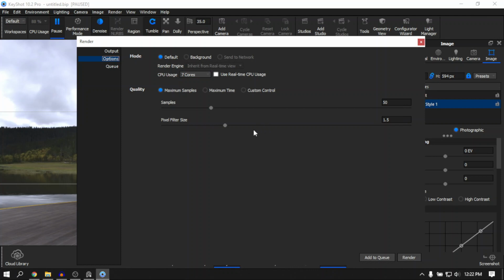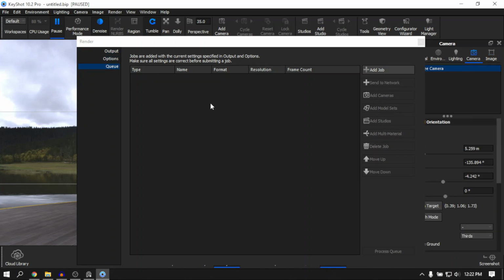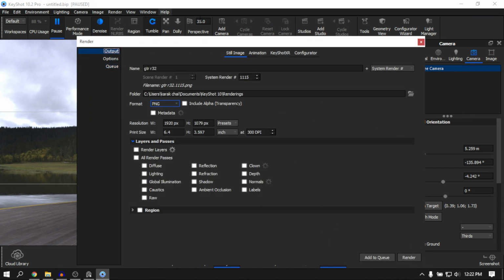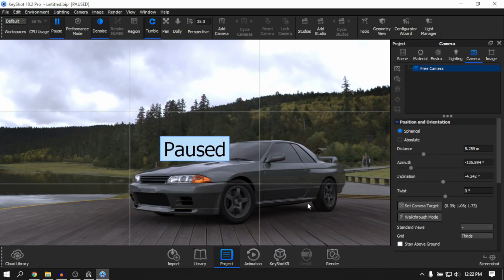Right, so the next thing is you can add your renders to a queue, so you can add in different camera angles and add them to a queue and then process it. Right, and then once everything is set, we can hit render, and it will render out the image and we can save it. Right, so this was a